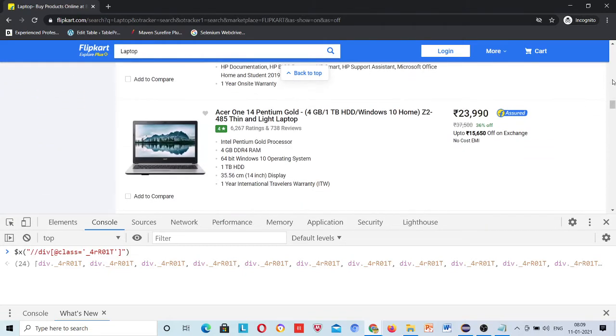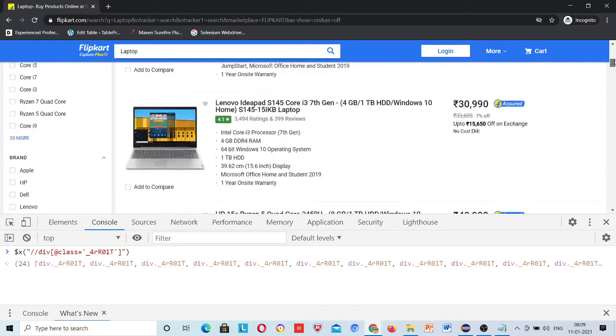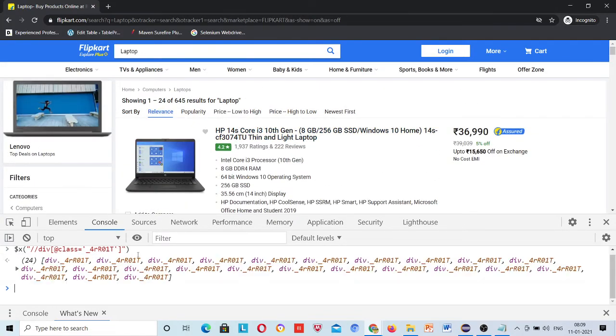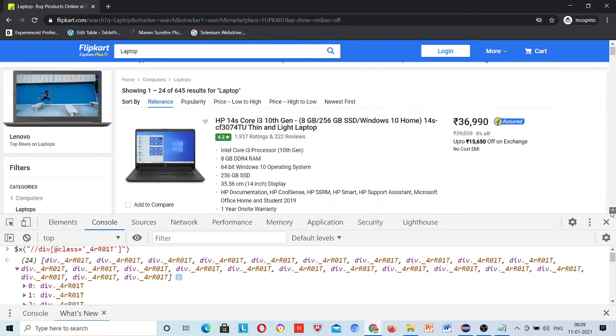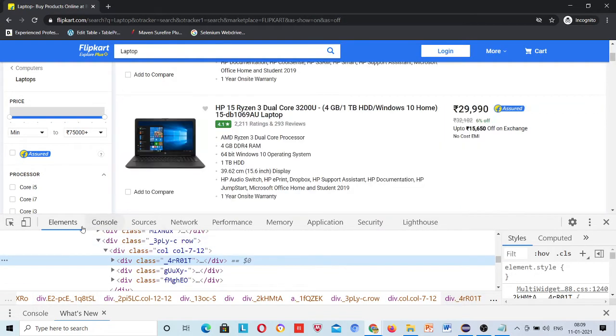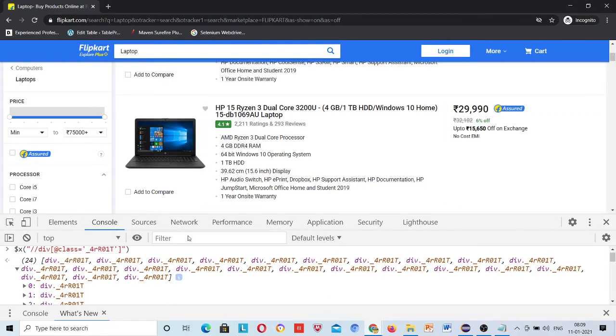So I have to write a common locator which is highlighting all. Let me expand it, click on enter, 24 elements. If I am highlighting first, then it highlights first. If I am highlighting second, then it highlights second, means we have written a common locator to get all headings, right?